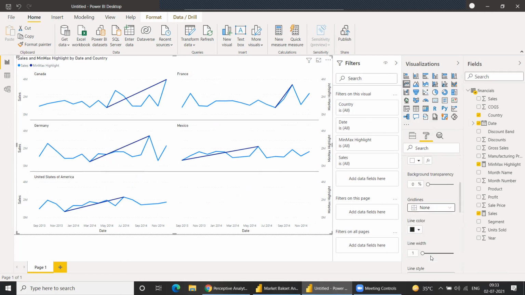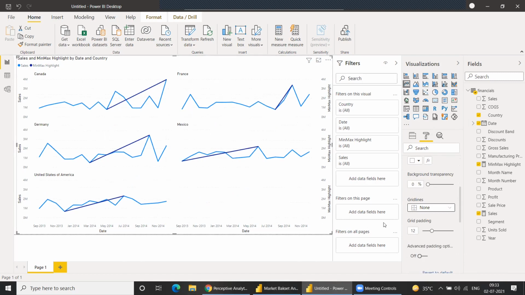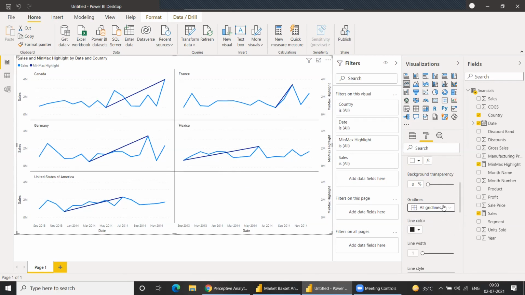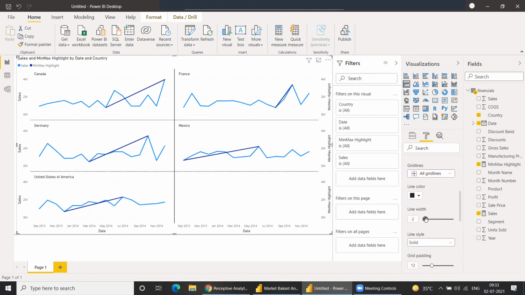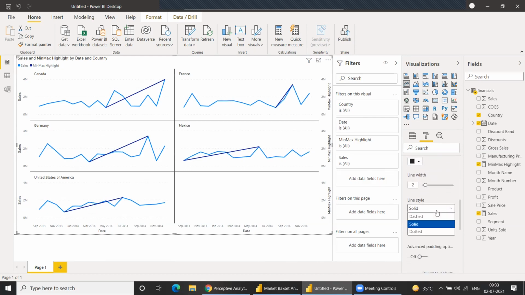If you want no grid line, it will remove all the grid lines. Basically, it's asking you how you want to separate. Let's go with all for the time being. Then you can select the line width and line style. If you want solid or dashed, you can give a dash as well.